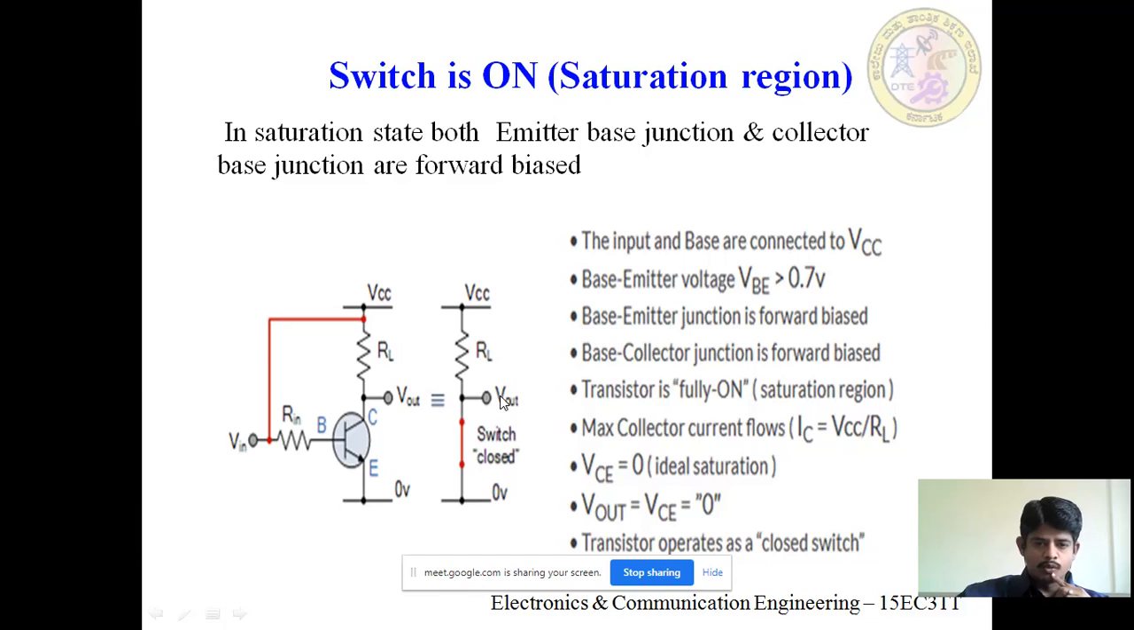See here, this output what we will be getting, it is connected to the ground. So the output voltage will be what? Output voltage will be 0. Okay, understanding this,